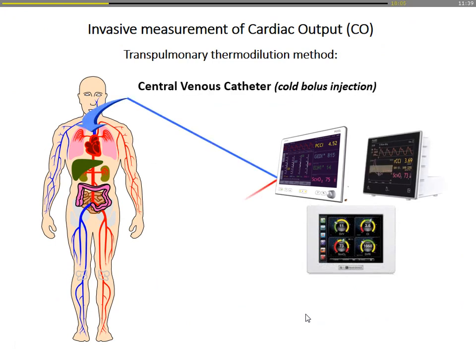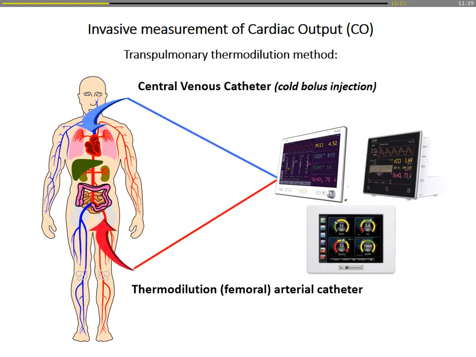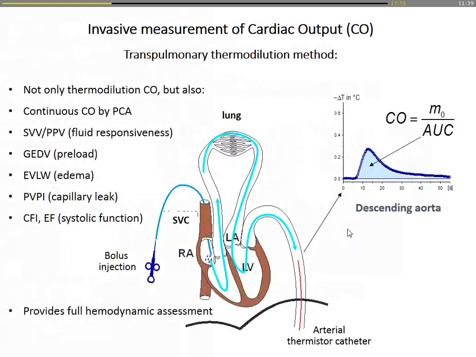So the next technique we can talk about is the transpulmonary thermodilution. We briefly talked about it. There are several devices where you can use these techniques. I already discussed this principle of determining cardiac output the transpulmonary way, but it also gives you a lot of other information besides cardiac output. We will not talk about this today because this lesson is on cardiac output, but you can also, just to mention it, get information about the